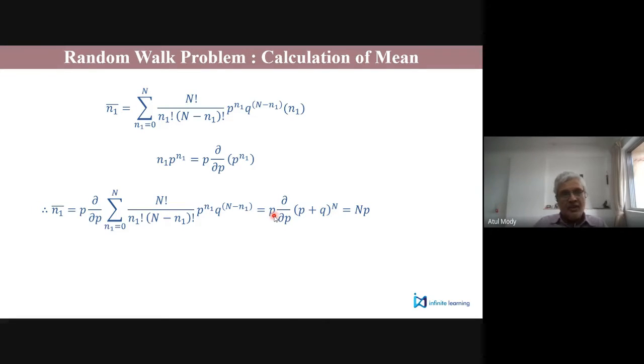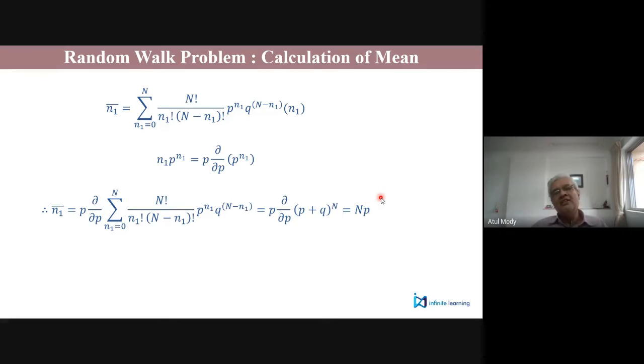so there is already a p, then you have n times p plus q raised to n minus 1. Now you say, look, p plus q is 1. So I substitute p plus q as 1. That term is gone and I'm left with n times p. Now that's very natural. If I tell you that the probability of taking a step in the forward direction is half, 50% chance, and the probability that he takes a step in backward direction is 50%,